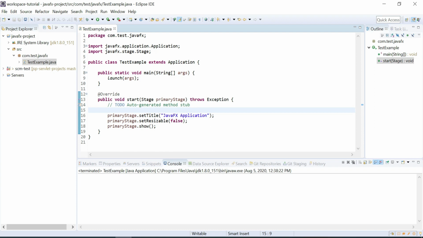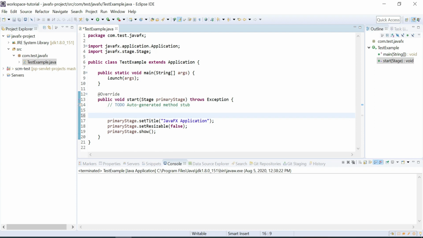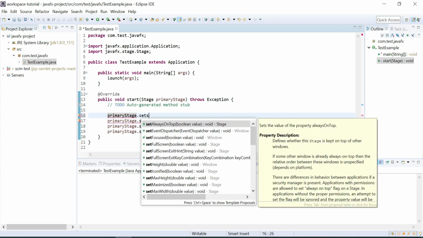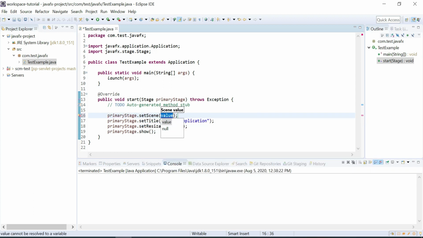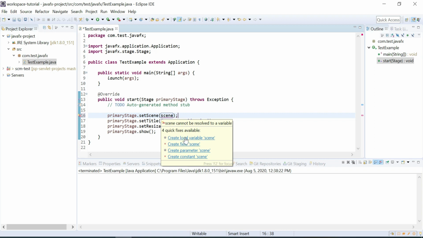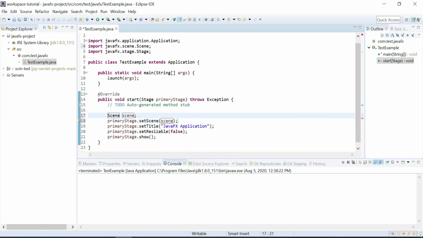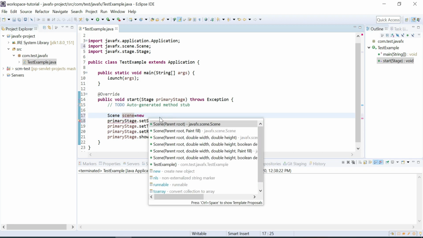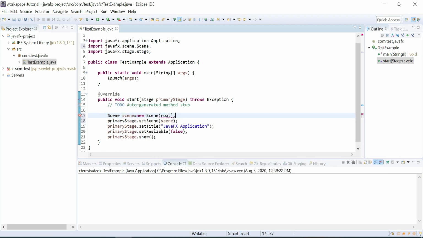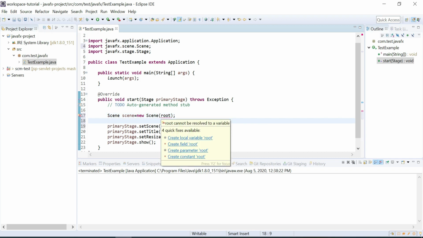So now, to this layout we need to set the components. So I will call set scene first. In JavaFX applications, we have to use the scene to add the components. So let's create a local scene object. To the scene, we have to add the root.